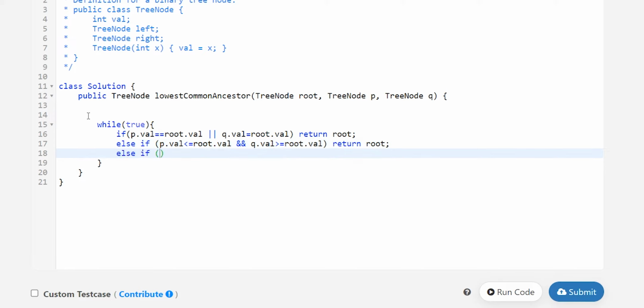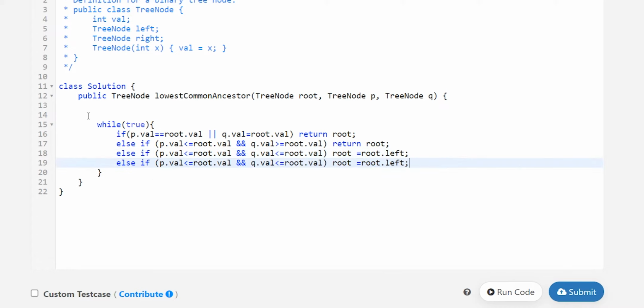Else if p.val is less than root.val. Now this is the main code that we'll be using.